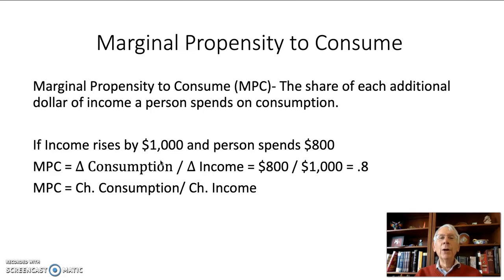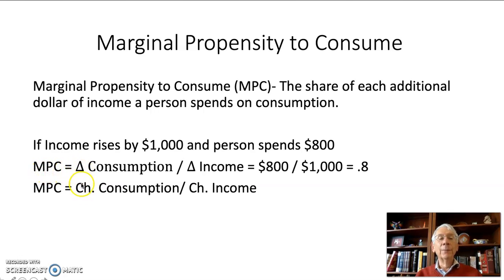That's the idea of the marginal propensity to consume, the MPC. Now, I hope you remember what the word marginal means. Marginal, additional. So the additional propensity, the additional tendency to consume. What share of each additional dollar of income does a person spend on consumption? In other words, if your income rises by $1,000 and you spend $800, we say the marginal propensity to consume,